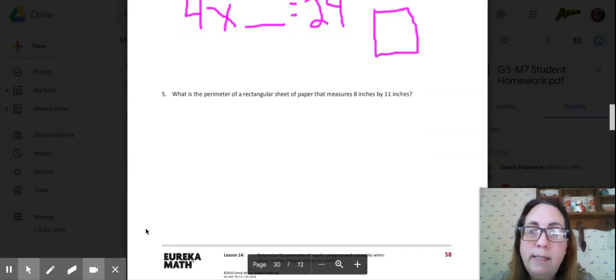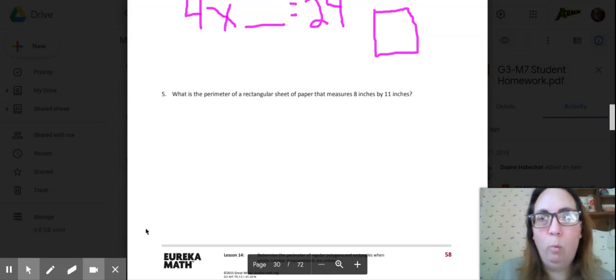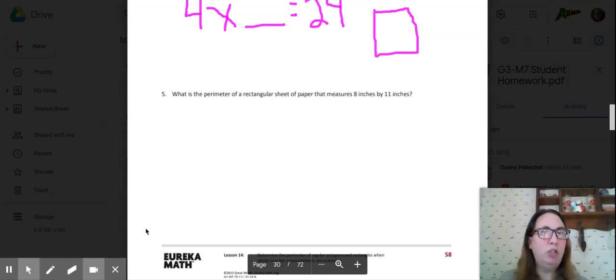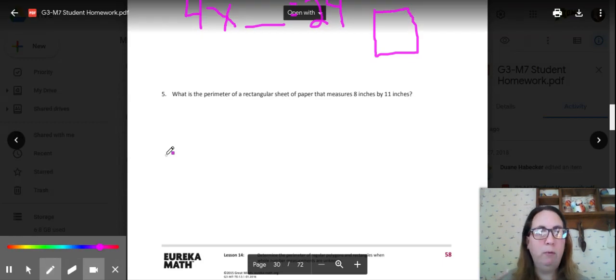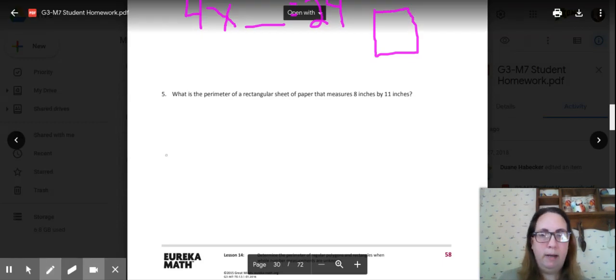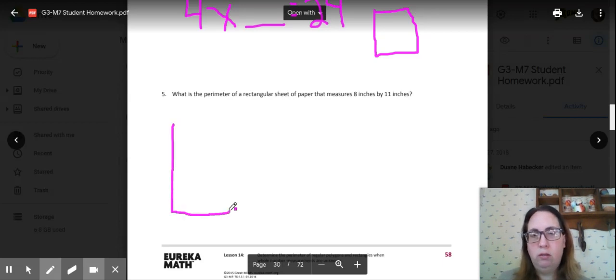Number 5, what is the perimeter of a rectangular sheet of paper that measures 8 by 11 inches? Well, that would be the perimeter of the sheet of paper that you would be using to complete this, because each sheet of paper is about 8 by 11 inches. So I'm going to draw,